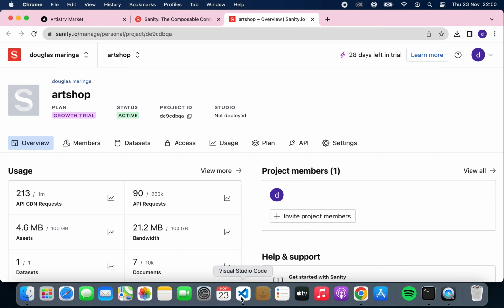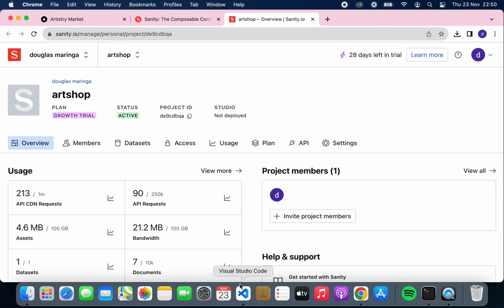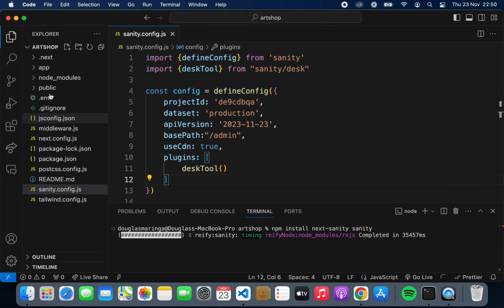Yeah, that's all we need. We save this. Perfect. Okay, so what we just did here is this is the config file that Sanity.io needs. So Sanity.io, we're going to serve it from our application. So remember, when we're serving